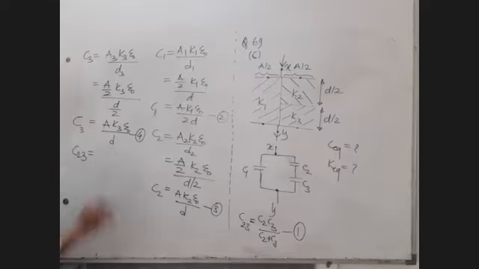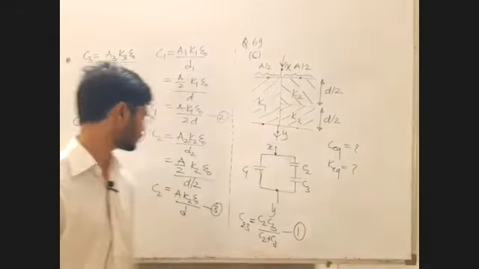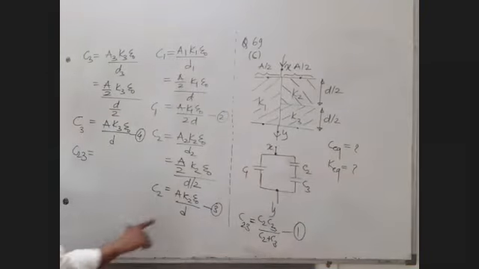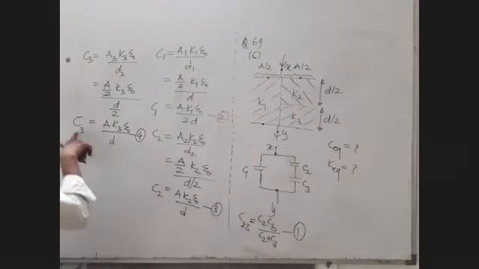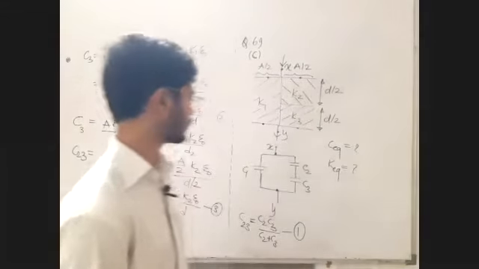Second and third capacitor: these two in equivalent combination will be C2 C3 upon C2 plus C3. So those values are here, C2 and C3 are here. Up to this point, reply to me clear and written so that we can find the next step.